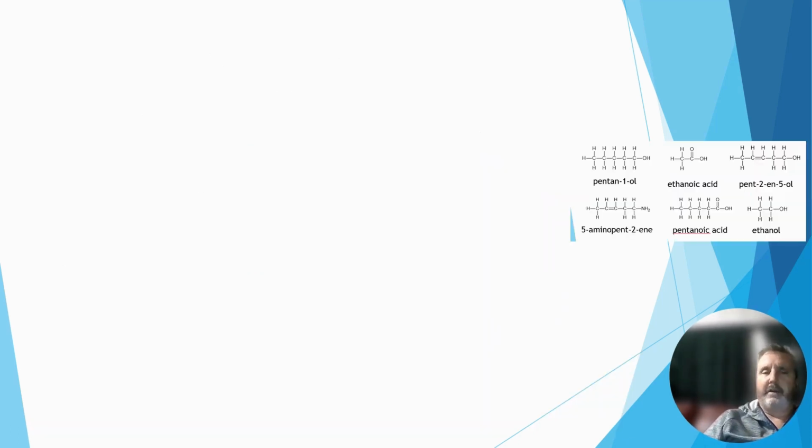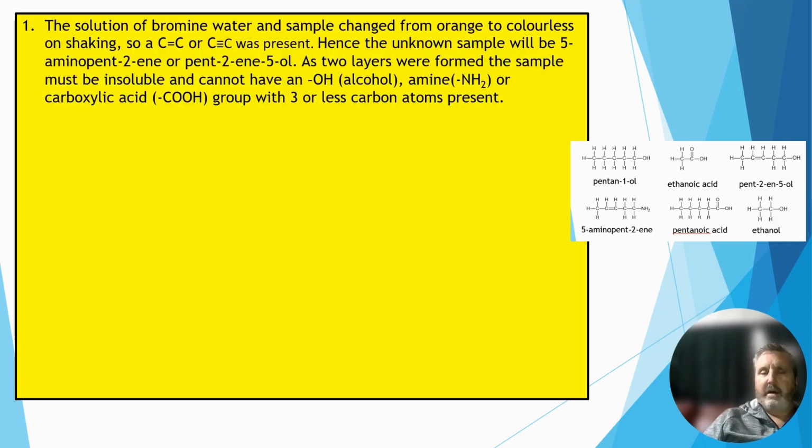Okay, so let's write this up now. The first solution changed color from orange to colorless when we added it to the sample and shook it. So there must be a carbon double bond carbon or a carbon triple bond carbon. If we look at these 6 molecules, it's either going to be 5-amino pent-2-ene, or it's going to be pent-2-ene-5-ol. So we know from the get-go which 2 it's going to be, and it's not going to be